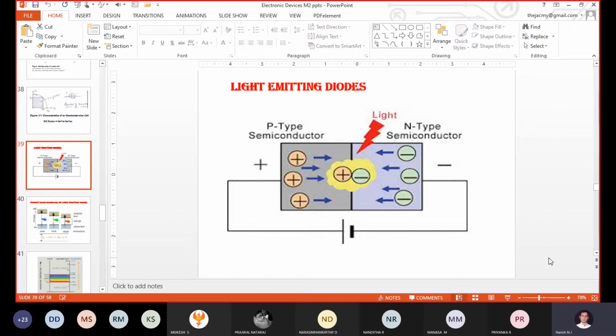Will anybody explain how the PN junction diode works? If you explain that point, I will then go to how the LED works, the working operation of an LED, and how we can derive it from the definition of a PN junction diode. Before that, will anybody explain which diagram I have displayed in your slide?